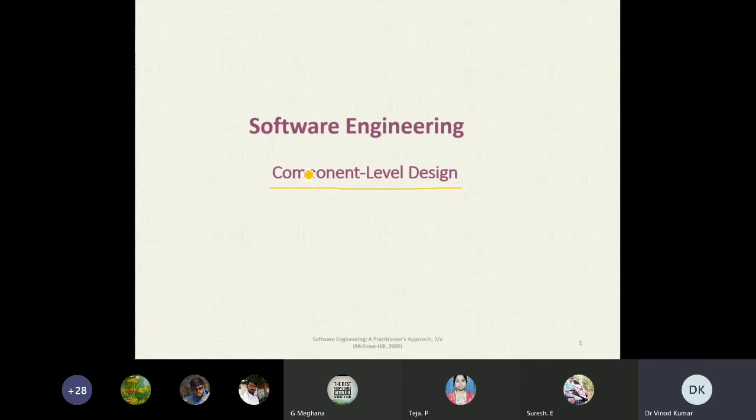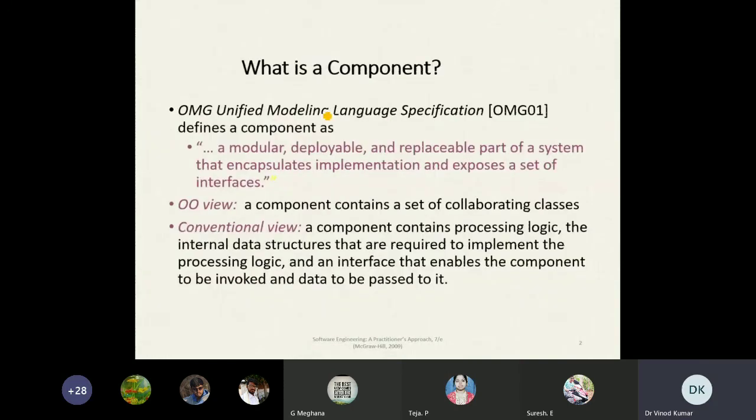Here what we are going to do is go to a more granular level, one step below the overall abstraction of the software design, that is the architecture level. Component means your software is composed of different components. So how the components will be designed, we will learn today. First let's understand what a component is, then only we'll be able to understand how to design these components.